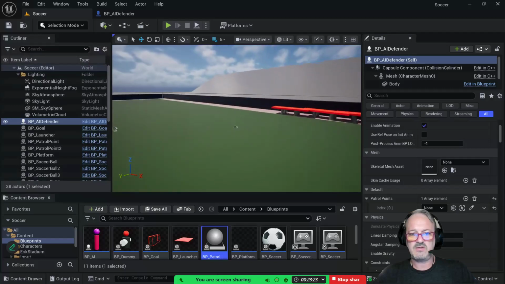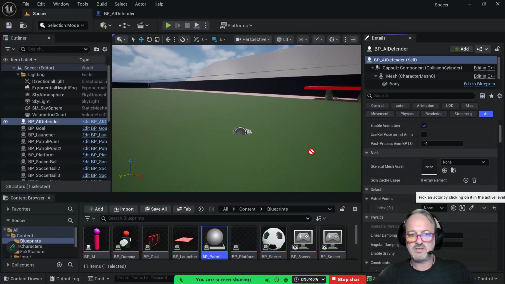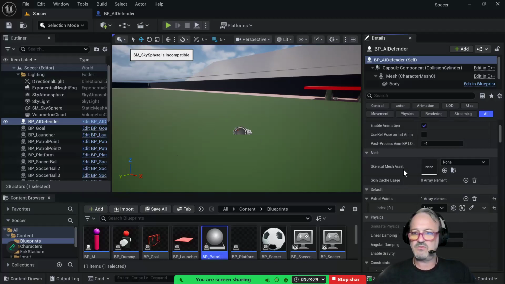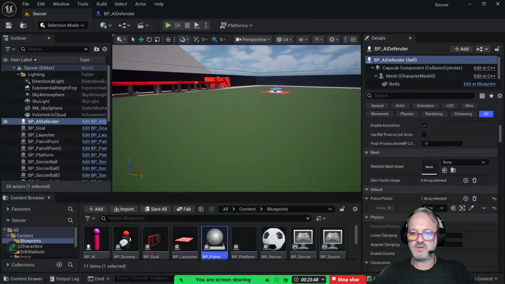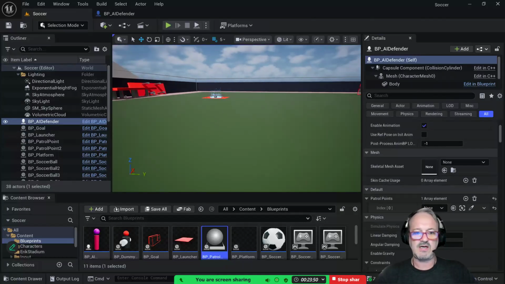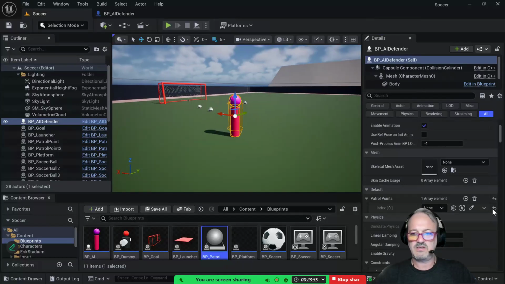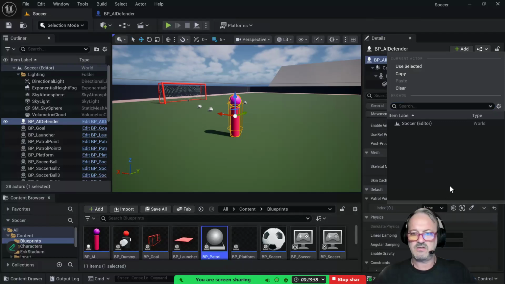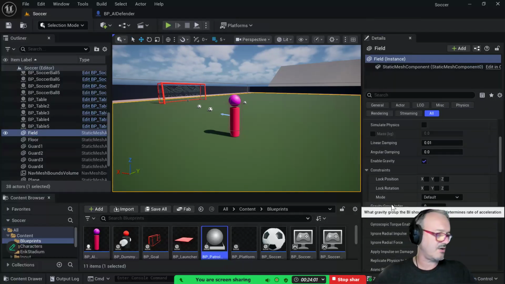Now we should be able to click this eyedropper up. That's not compatible. So let me see. We need to take another look. Okay. Control points. We made this an array. Yep. Okay. Compile, save, and make it public. All right. And we go back to our character, which is right here. And we should be seeing our